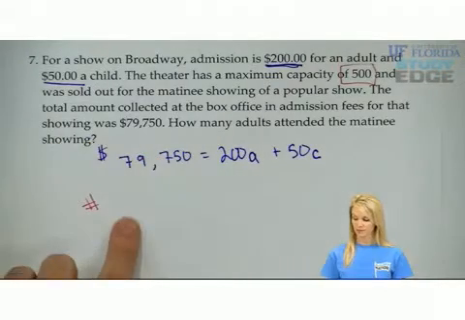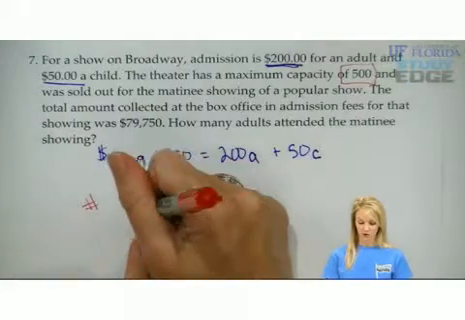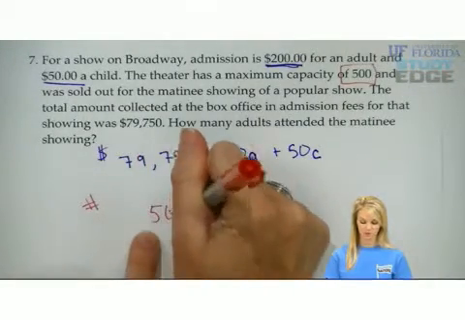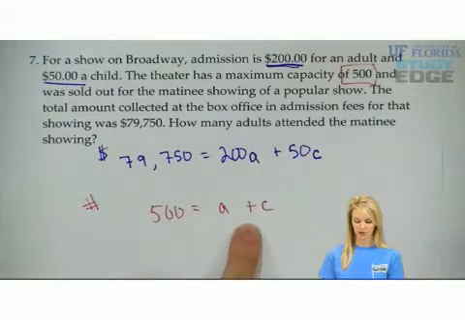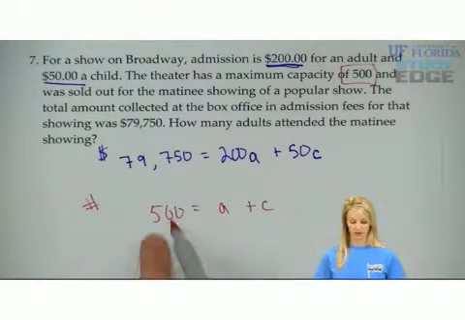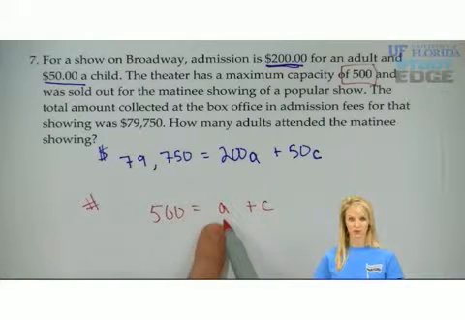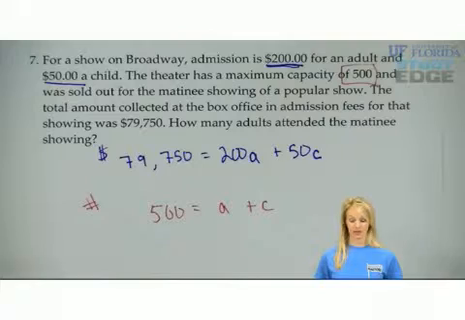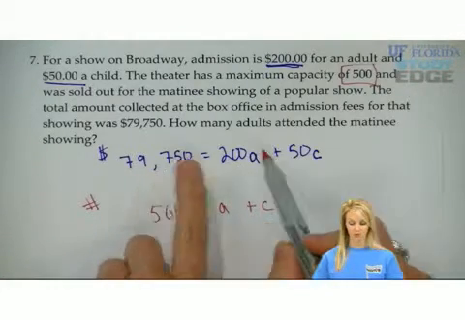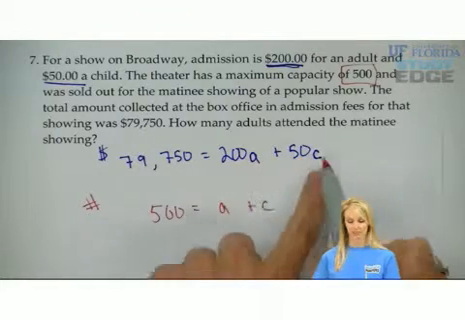Well, let's think about the number of tickets that we sold. We sold 500 tickets total. Some of them were adult tickets and some of them were children's tickets. The number of tickets that we sold is the number of adult tickets plus the number of children's tickets. That's our second equation. Our first equation was talking about how much money. The total amount of money that we got was the money from the adult tickets plus the money from the